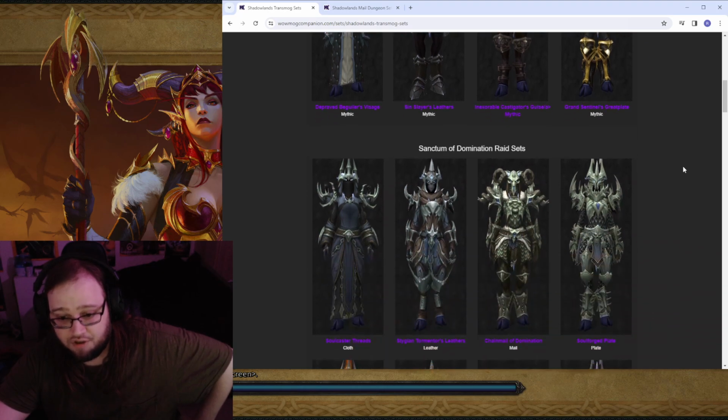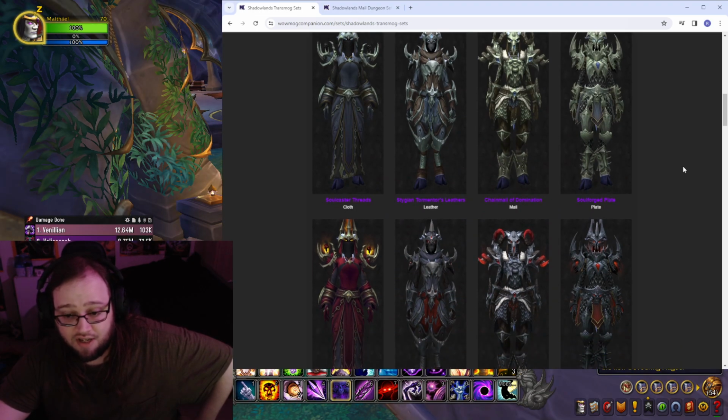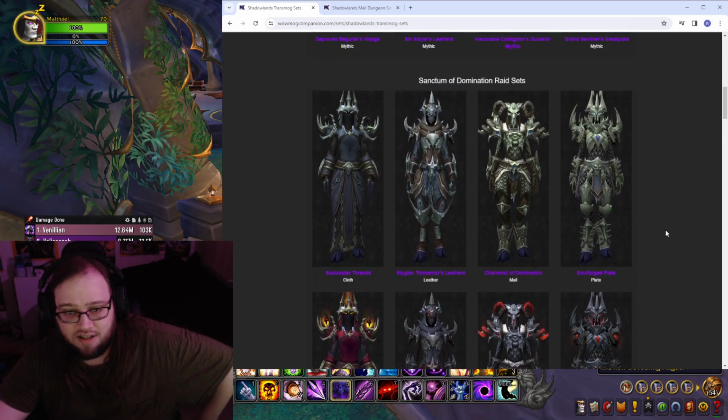This is the mythic version. But the Sanctum of Domination set is now super easy to get with the legendary pieces. And it does...